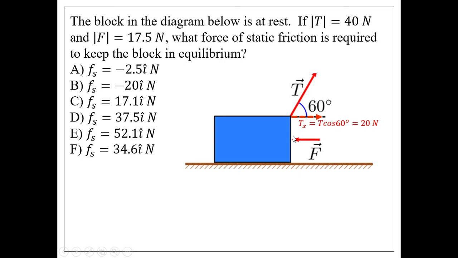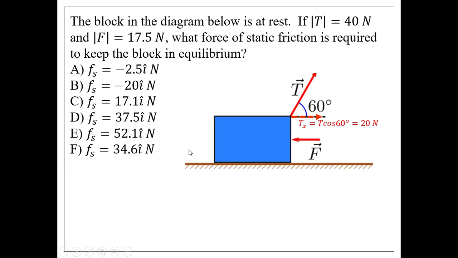Other than that, F here is given as 17.5, and we're trying to find again the force of static friction that is required to keep this stationary. So at this point, if you can't come up to the answer yet, then I would say you're thinking too hard. So here, Tx here is 20 to the right. F here is 17.5 to the left. In order to keep stuff stationary, you need equal and opposite forces. So in this case, my instinct would tell me this is choice A because you need an additional 2.5 pointing